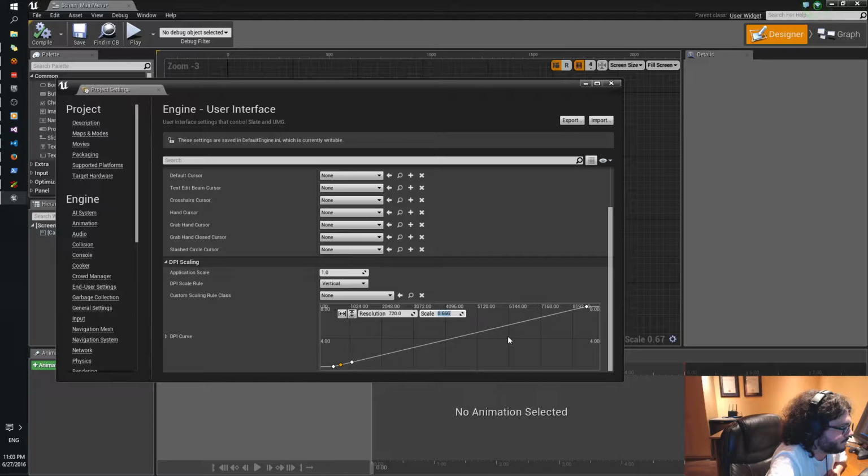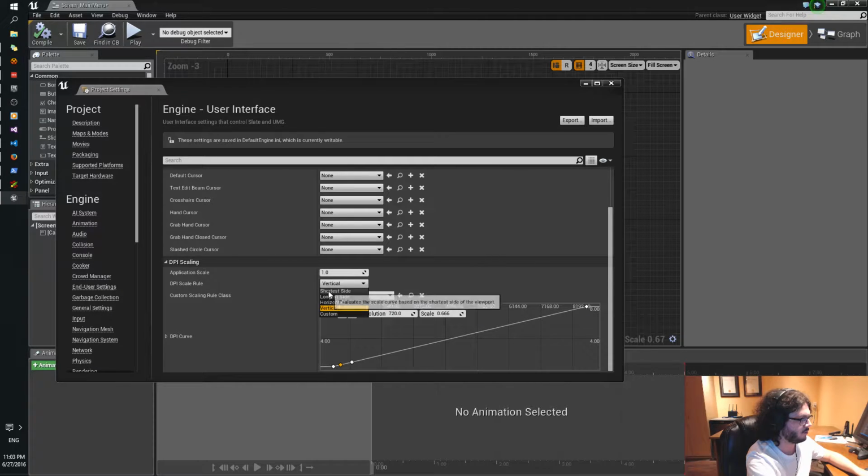Crummy. That'll be shortest side. Let's leave it like that.